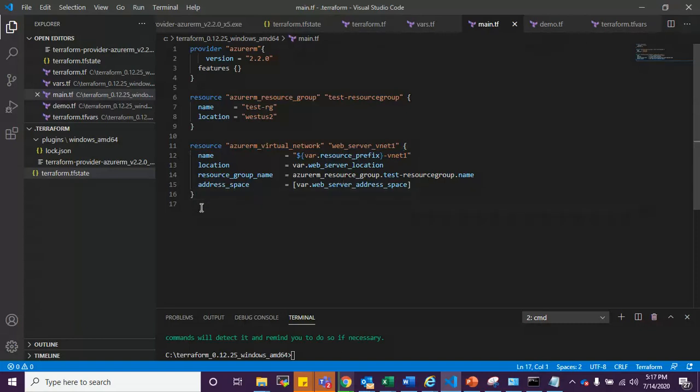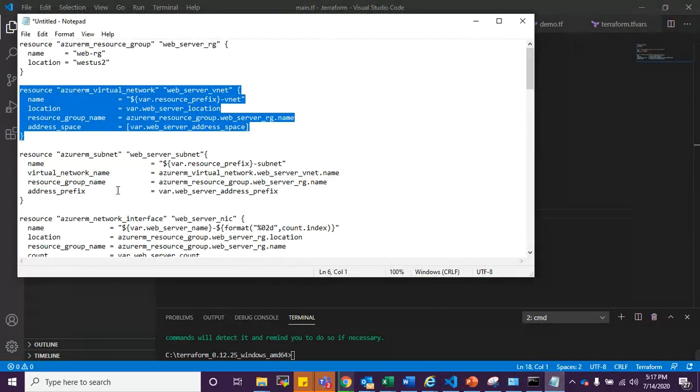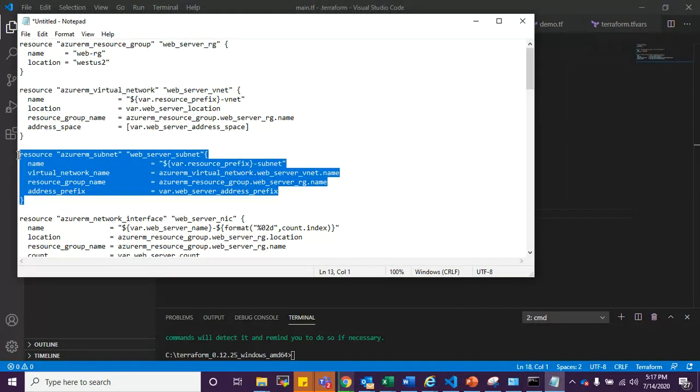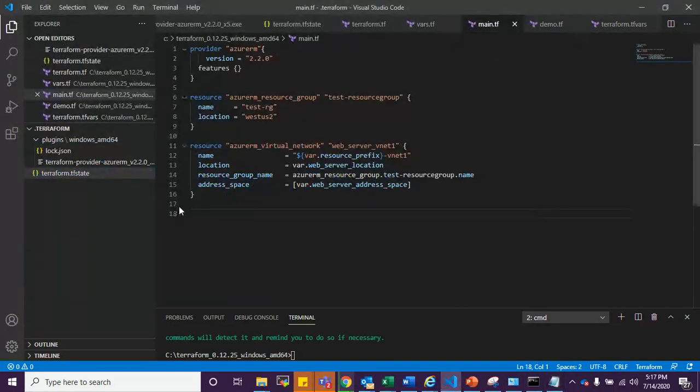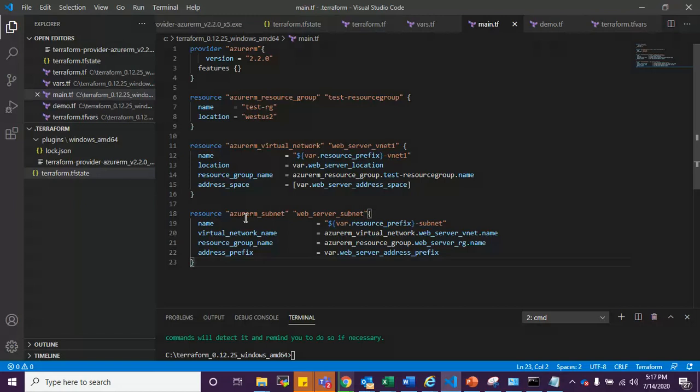Now let's go ahead and put a subnet into this. This is the subnet block. Again, AzureRM subnet is the resource provider. We'll give it the name subnet1, and the name of the resource in the portal would be my variable resource prefix, and I'll append subnet1 to it.